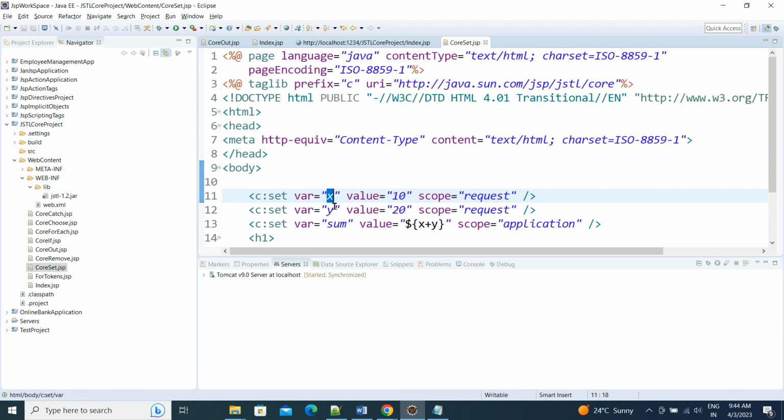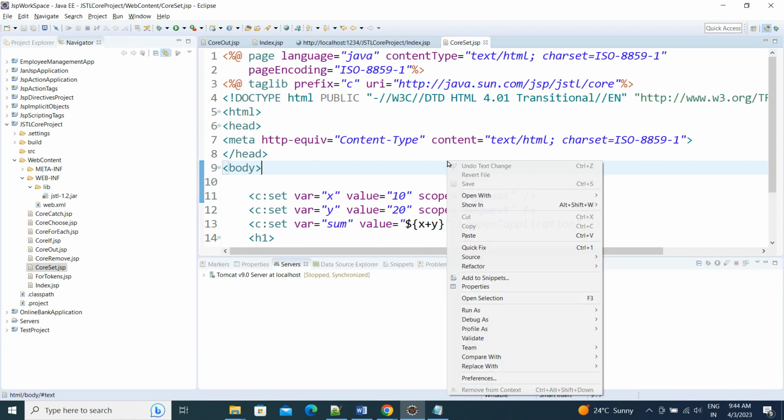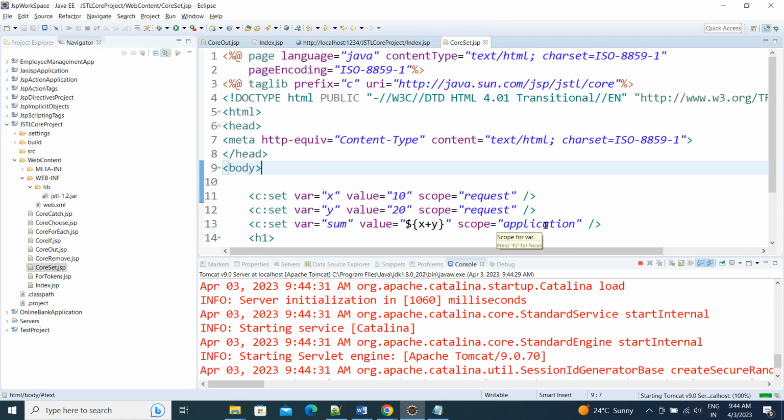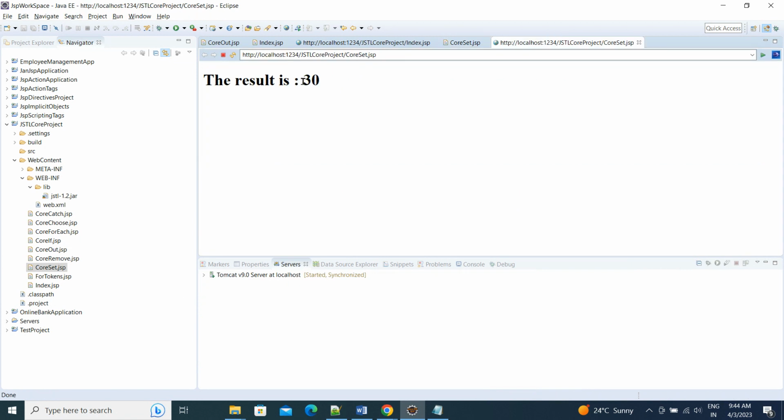Now I'm setting values, and then inside these variables I'm doing some calculation. Now let's run it. Already it is running, right? Now c:set. Now let's run it, and I kept that value inside application, guys. We can access that value anywhere, that is the meaning of this. Okay. The result is coming as 30. Now let's say, for example,